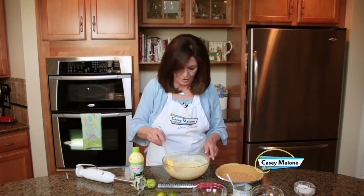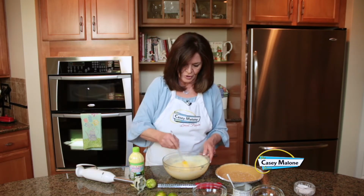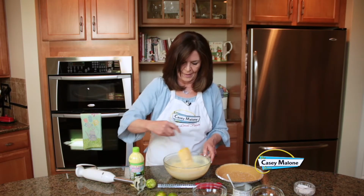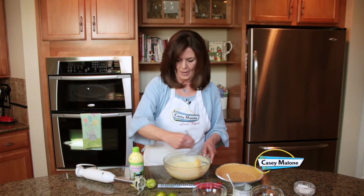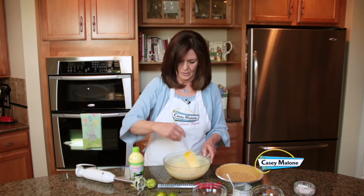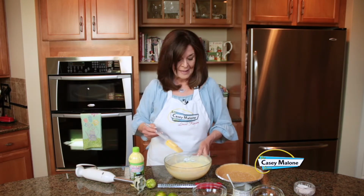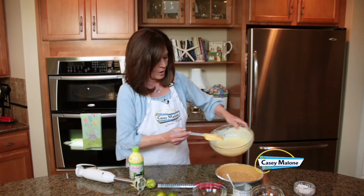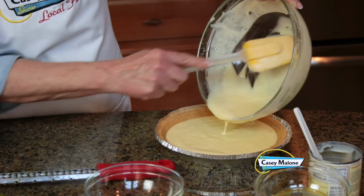After mixing, if you see a lot of air bubbles in this batter, just mix it lightly with your spoon or spatula and they'll fall right out because you just don't want to have a lot of big bubbles in your pie when you go to bake it. All right, so I've stirred out any air bubbles that were really big because it just makes for an unattractive pie. That's it. Now I will pour this into the graham cracker crust